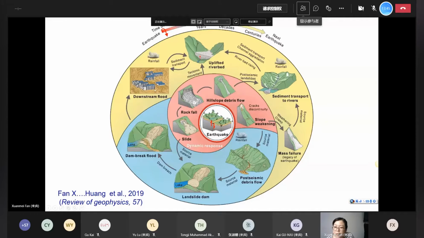And some of these landslides after the earthquake can be remobilized or reactivated, and some can even convert into debris flow and further transport sediments into the river. As you can see from here, the riverbed can rise due to the large amount of loose sediments transported from the hillslope to the river. And as you can imagine, after riverbed rising, it will also cause an increase of flooding in the future.